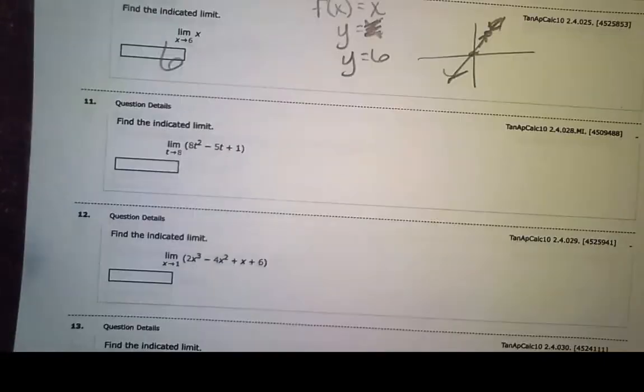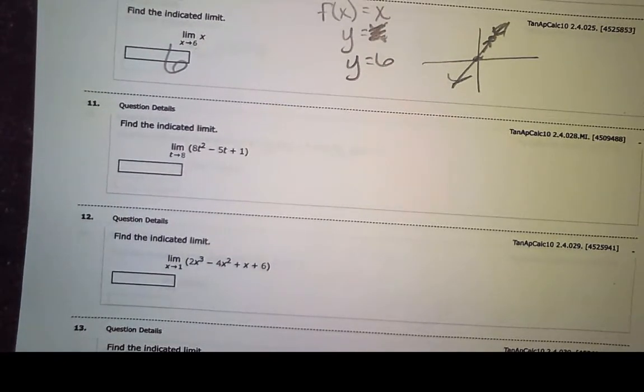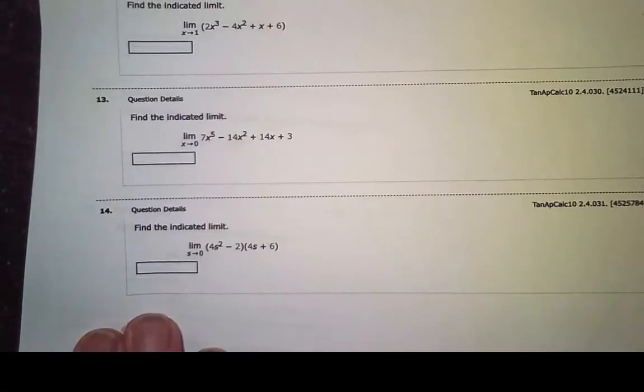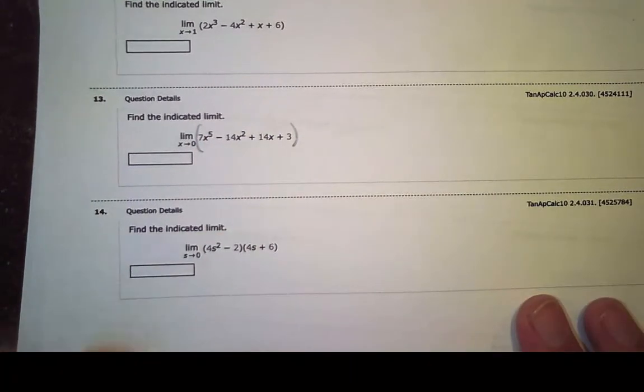Okay? So you can do 11, you can do 12, you can do 13, you can do 14, because you can do direct substitution on every single one of these things. This should be in parentheses. That's irritating. Okay, because you're taking the limit of the whole thing. So you can do